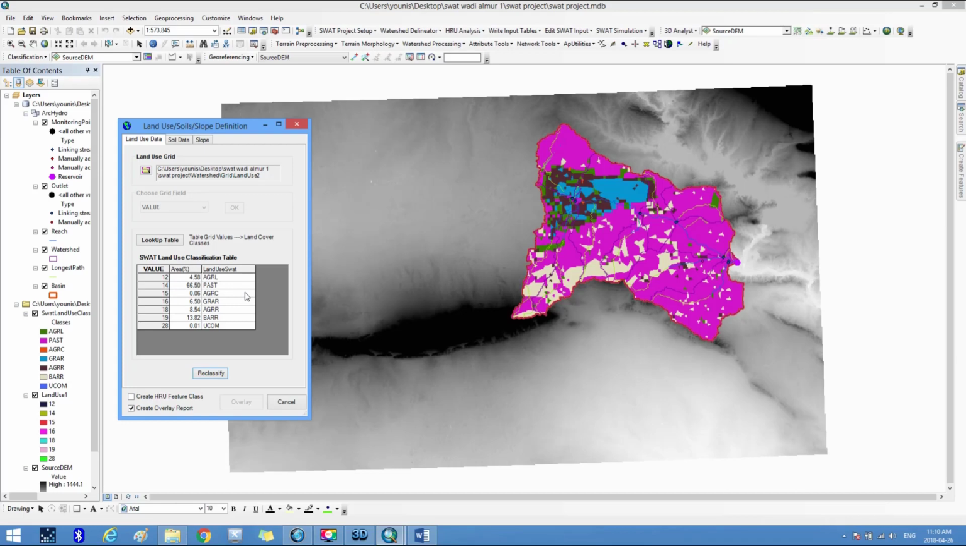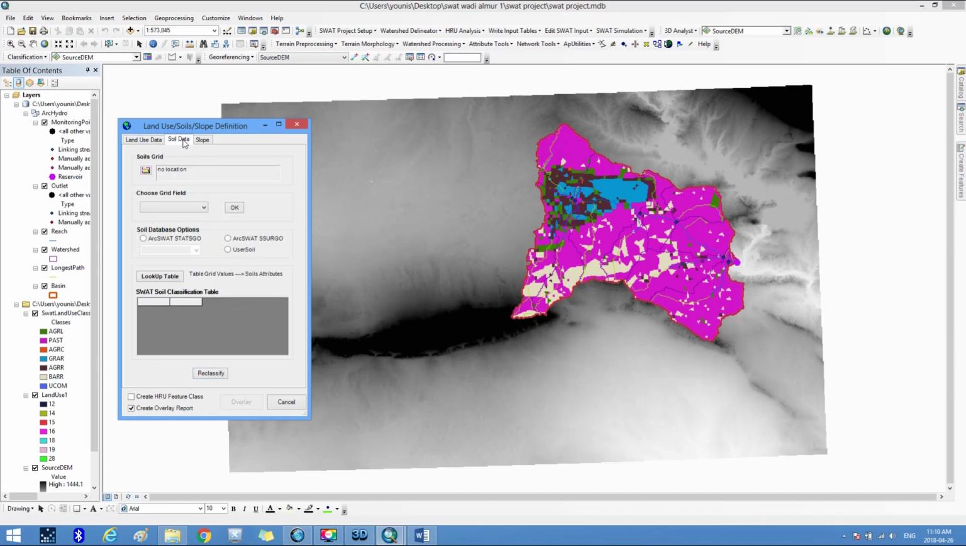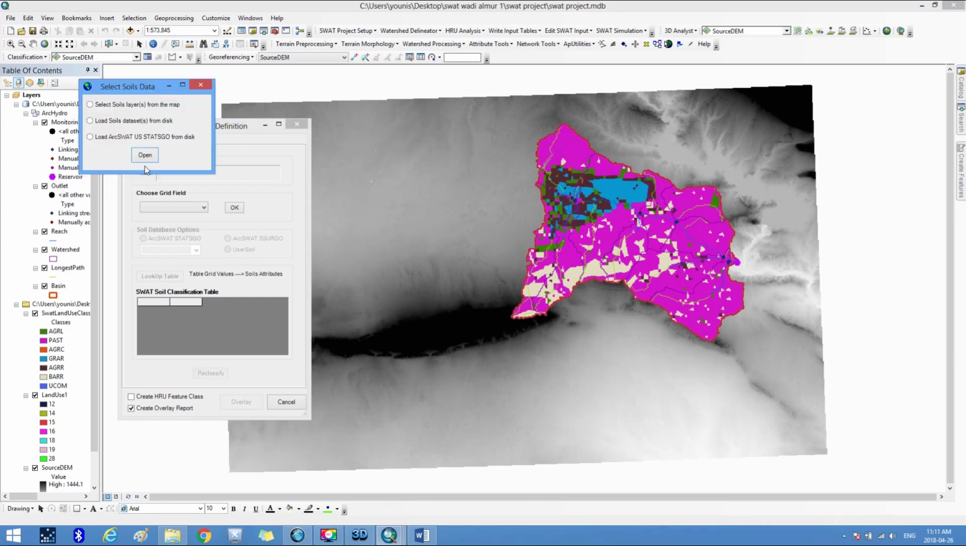We continue implementation in this part where we go to the second menu entitled Soil Data, and in it we go to Soils Grid and specify or choose the soil type map that we produced in the previous parts of the soil type and land use category with UTM coordinates belonging to HWSD or DSMW, where we click on the file icon and choose Load Soils Database from Disk, then click on Open, then Yes,